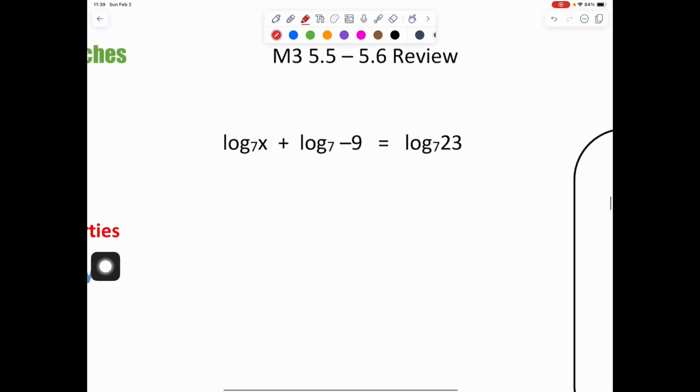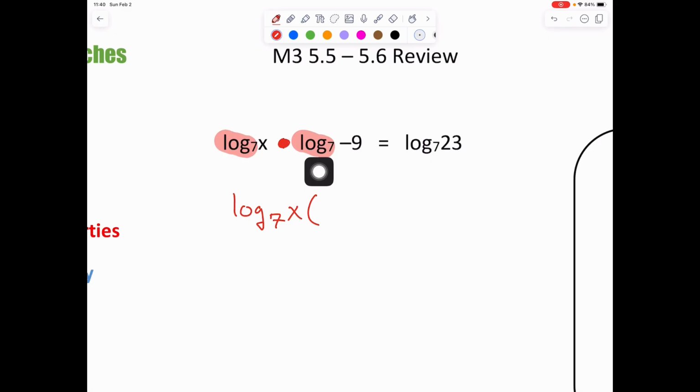Well, let's zoom on in here. On the left side of the equal sign, we have two terms, log base 7 of x plus log base 7 of negative 9. They both share that log base 7. So what we're going to do is apply that property, so log base 7. And what's remaining is the x of our first term. And then we know with addition that becomes, yes, multiplication. And what's left behind that log base 7 is that negative 9. Bring down your equals, and let's just rewrite log base 7